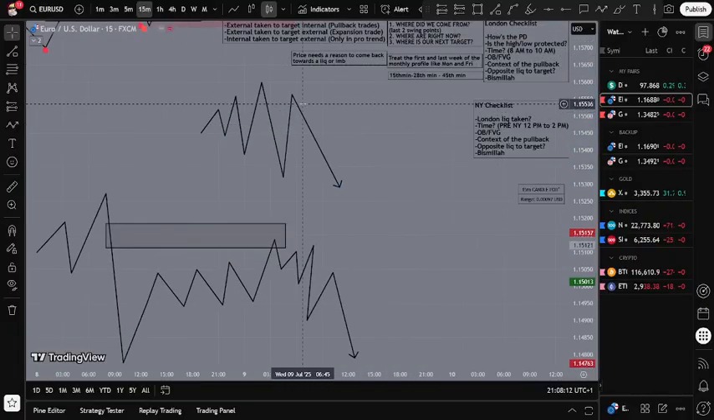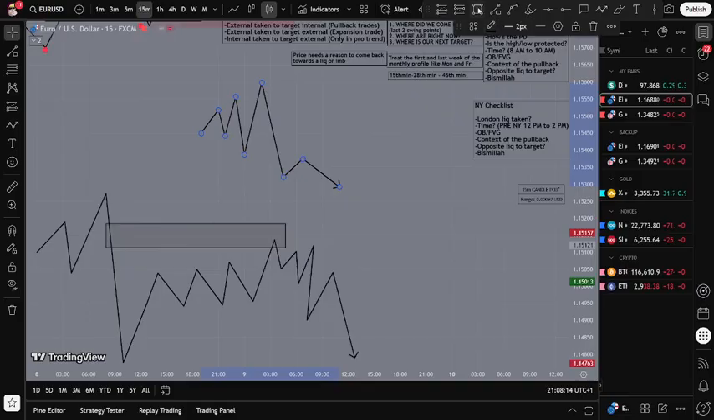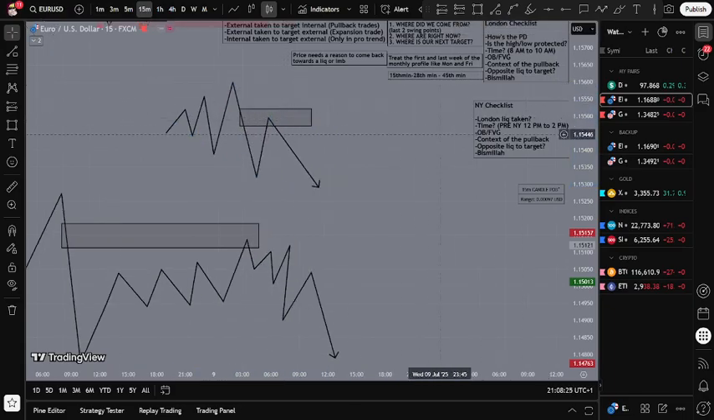Although we look for fair value, fair imbalance, fair value gap. Do we have an imbalance here for price to react off? Because if we don't, then that's basically a build up and price is probably gonna re-induce the high. And then the opposite